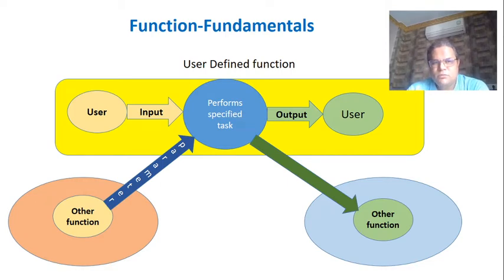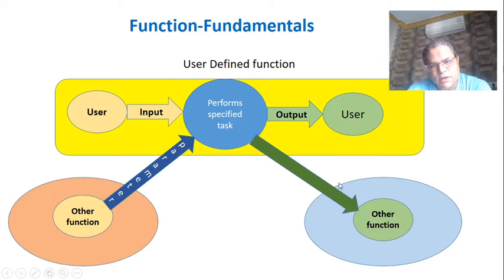So function can perform input operation or can receive inputs by using two different options. Either the function can receive input directly from user through the keyboard, or a function can receive input from other function as parameters. Then for output also, the function has got two options. Either the function can display output on standard output device by using output commands, or the function can send the result to other function by using a process called as returning.